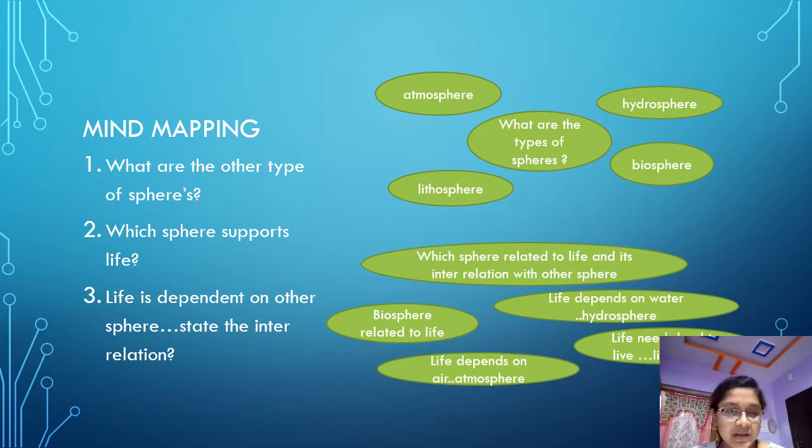All these spheres together are called the things that support life to a human, animal, and plant, and these are again interdependent with each other. You can see here, biosphere means it is related to life, which supports life. Life is dependent on air, right? A human will be taking air, so this will be abstracted from the atmosphere, and life is dependent on water,